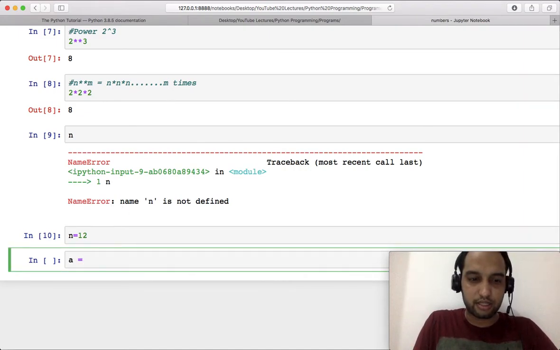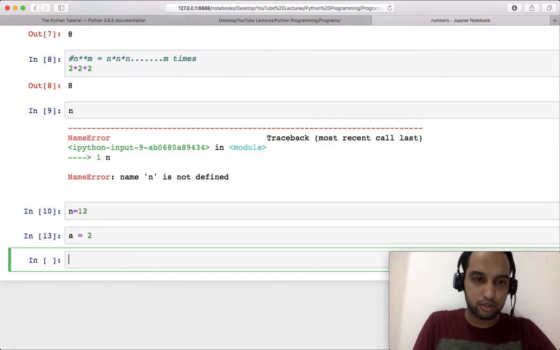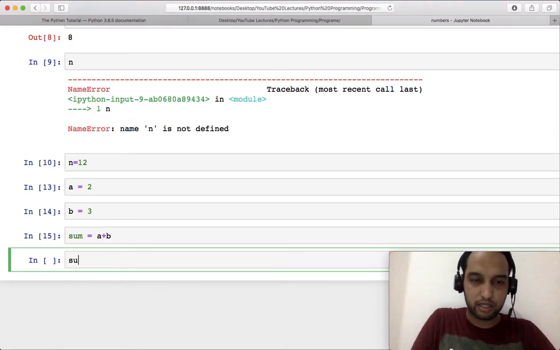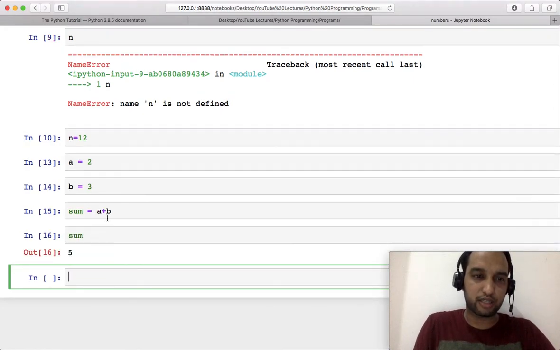You can assign number like this: a equal to 2, then b equal to 3, then you can add them, and maybe you can also assign to some other variable and print the output like this, right?